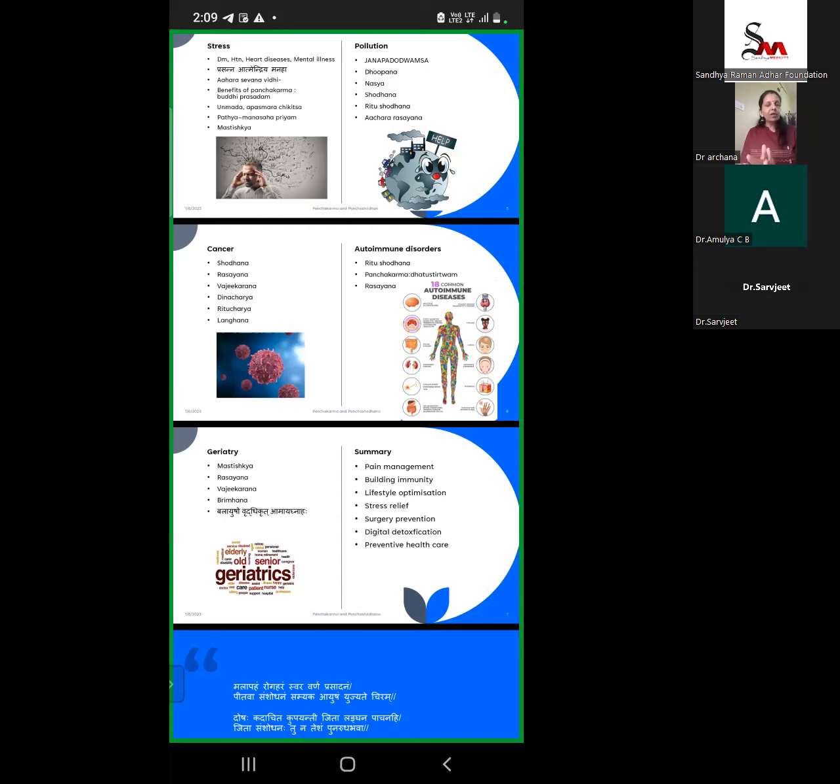And apart from all this, we can have Panchakarma as a preventive healthcare technique. For example, if you have a patient of Tamaka Shwasa, you can advise Panchakarma so that he has a quality life during the winter. You can advise Panchakarma for preventive purposes also. This is the summary of the relevance of Panchakarma in today's life. And to know all the effects of this Panchakarma, I have just quoted